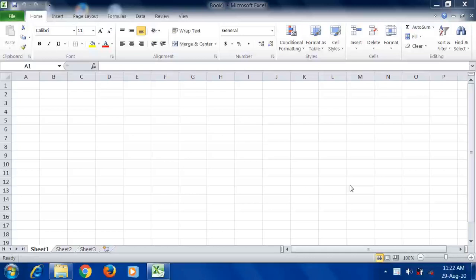Now the point is moving around the spreadsheet, which means how to move in this spreadsheet from one cell to another cell, from one column to another column, from one row to another row, or from one sheet to another sheet. So how can we move around in this worksheet, that is the point. So now the first point is